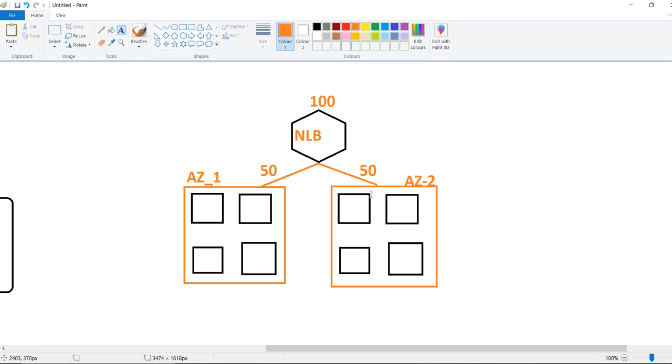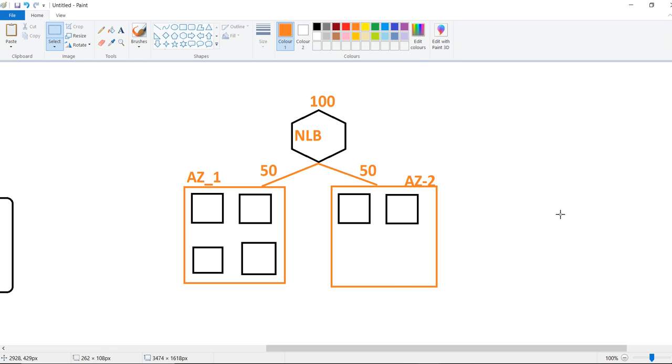It will try to distribute evenly. That means it won't exactly give 50 requests to one availability zone and another 50. It has its own algorithm, with the help of which it makes sure it distributes the load evenly between the availability zones.